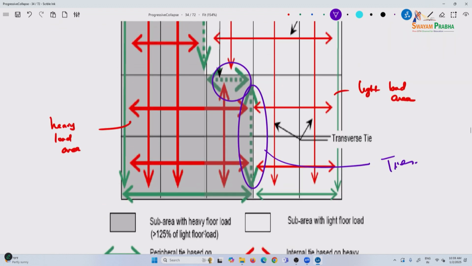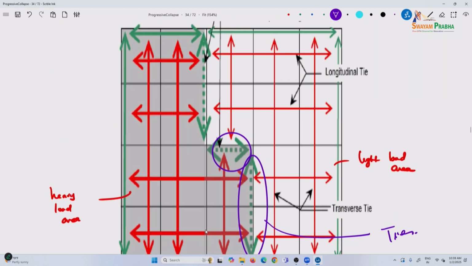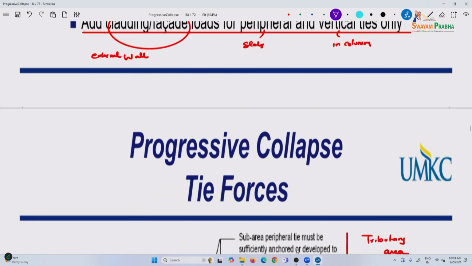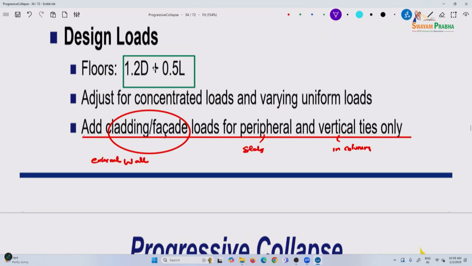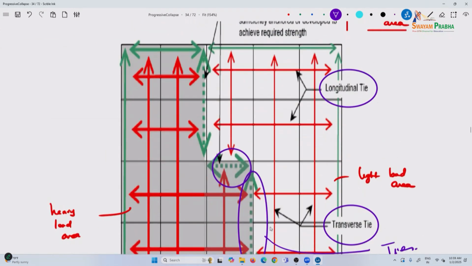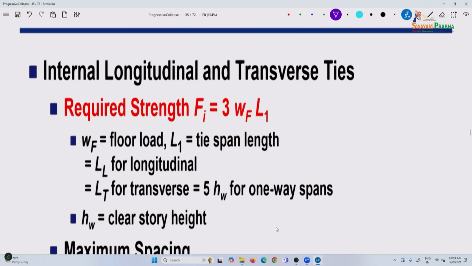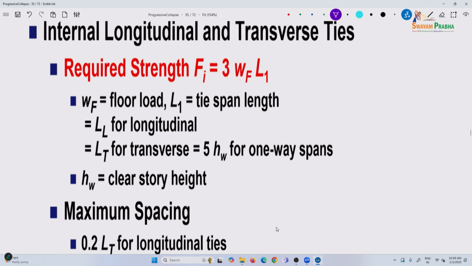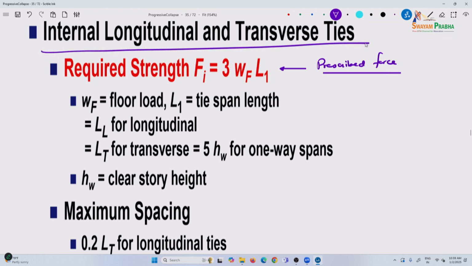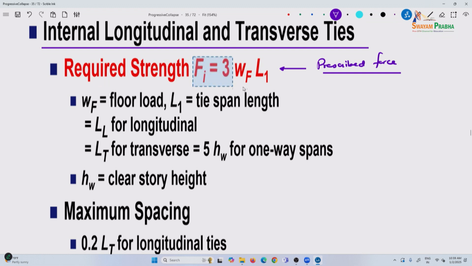Then you have internal ties in both directions, longitudinal ties as well as transverse ties. Again, it is basically based on the load that you are carrying here. So if the dead load is heavy, the floor load is heavy, the tie force is higher. Now it is a simple prescribed force, as I mentioned earlier, a fairly simple calculation. So for internal longitudinal and transverse ties, the required strength is